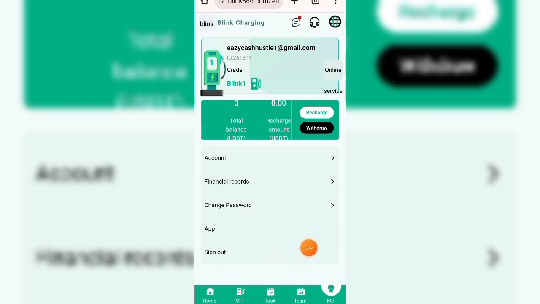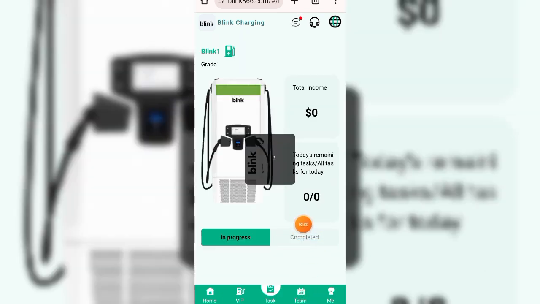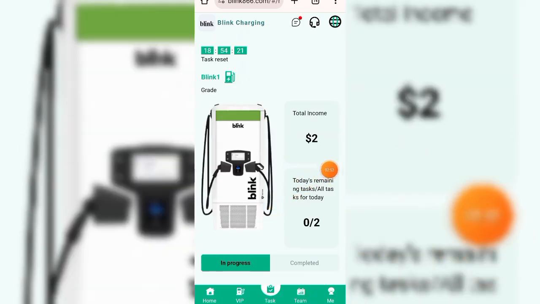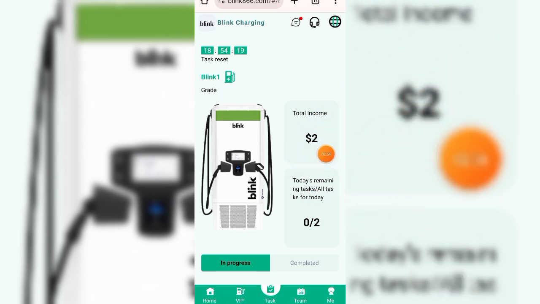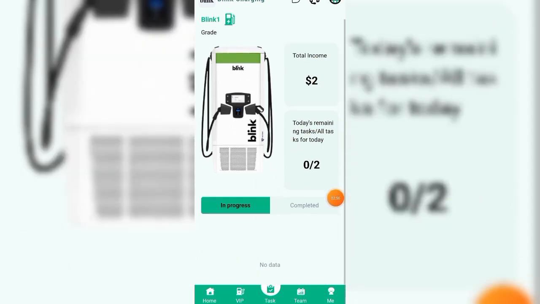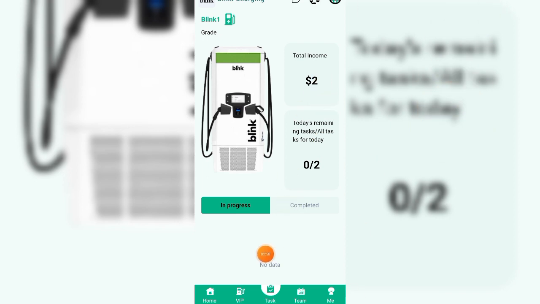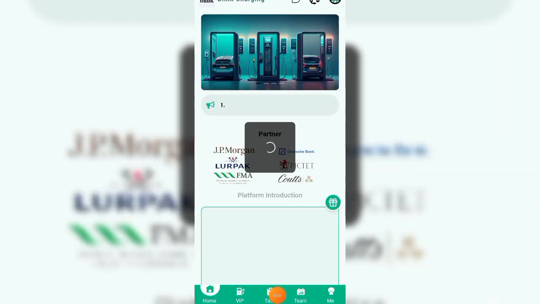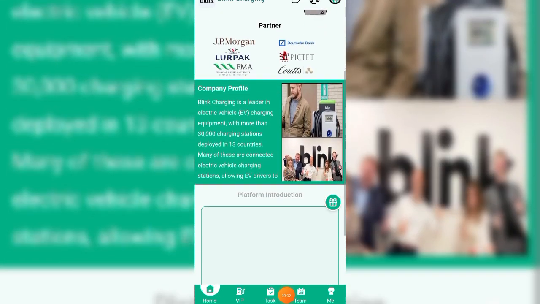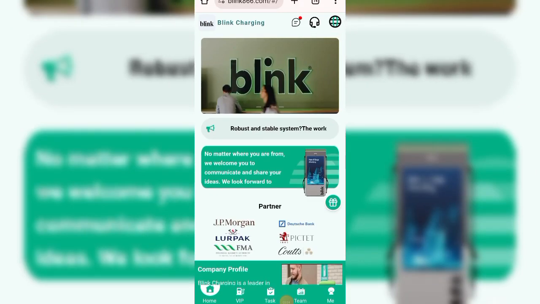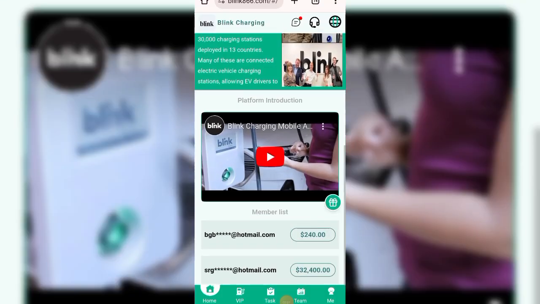So if you want to do tasks in this place, if you want to earn daily in this place, just come to this place and click on task. So just as I showed you how to do the task, this is what I have withdrawn for today, right? This is what I have withdrawn. I have done my today's task, and I have withdrawn $2 every day. So if you want to recharge your wallet, just come straight to this place and click on home. And when you click on home, you're going to see